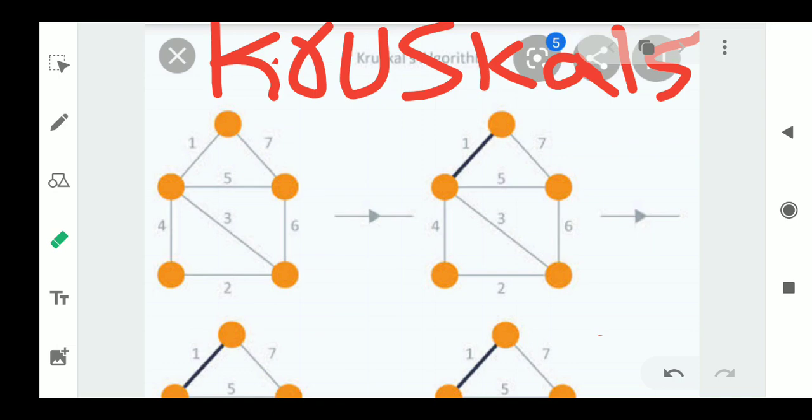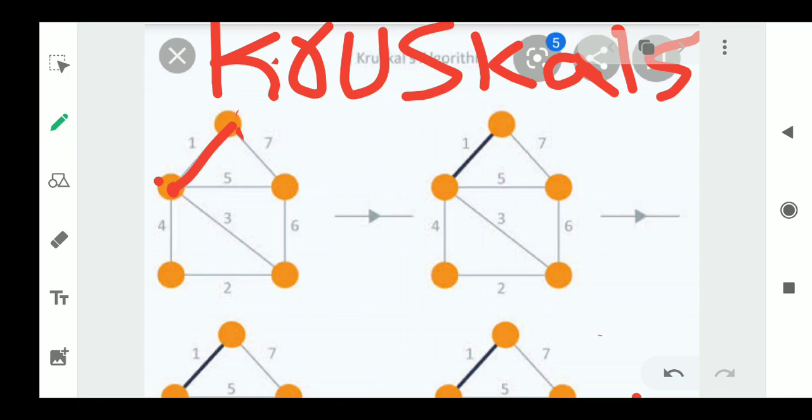In Prim's algorithm, the algorithm proceeds by taking adjacent edges. I mean, suppose in Prim's algorithm we started with vertex 1, we have to choose the adjacent edges, that is either 1 to 4 or 1 to 7. Among these two edges, we have to select the least cost edge. So what is the least cost edge? 1 is the least cost edge. I will select 1, and after taking 1, I will continue this process from here.